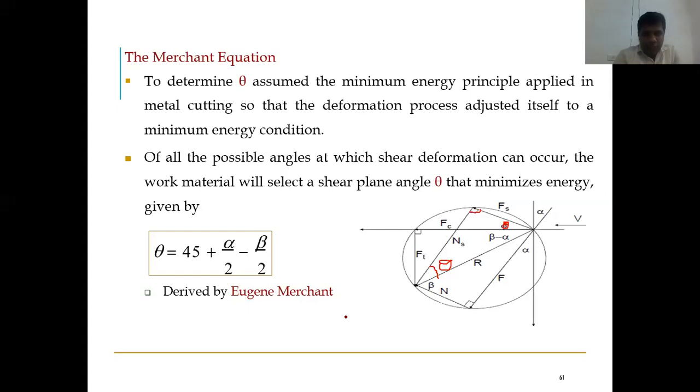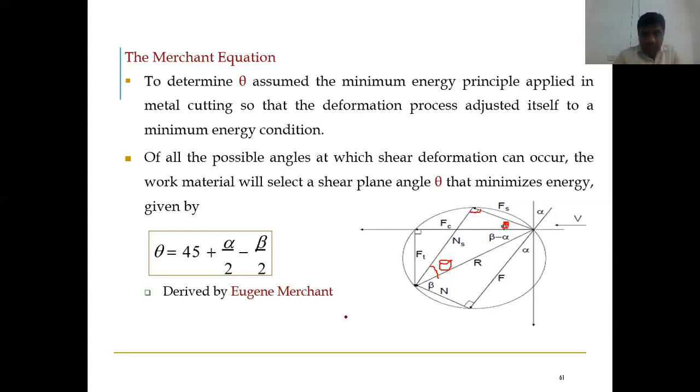Even I sometimes get confused, so please be careful and remember it. For me, confusion is fine, I can go and refer to the textbook. But for you, if you forget in the exam or take it wrongly, the answer is going to be wrong. So tan theta, where theta is the shear angle, equals r cos alpha by 1 minus r sin alpha. Here r is the chip thickness ratio, otherwise called the velocity ratio or cutting ratio. That formula is already there, and we have derived it also.